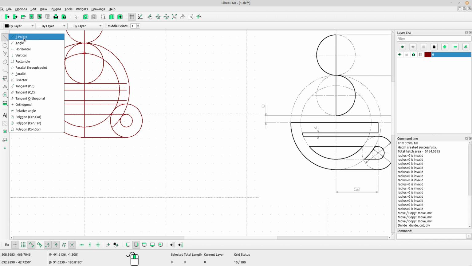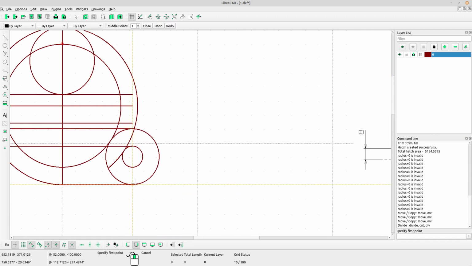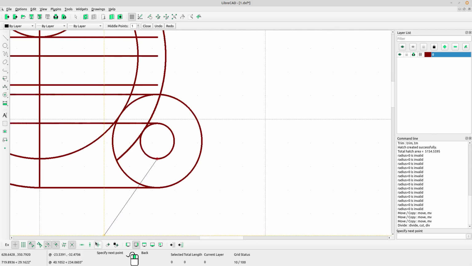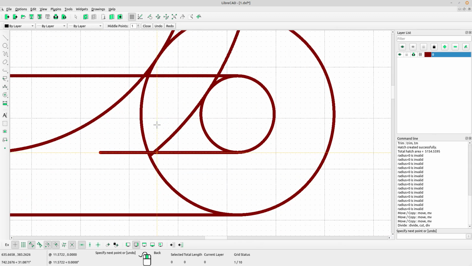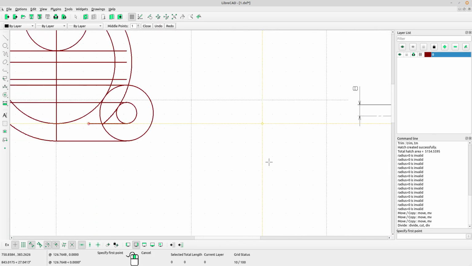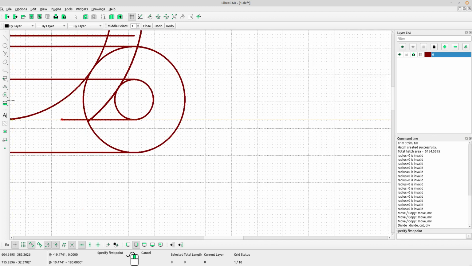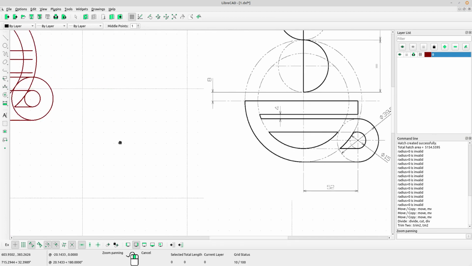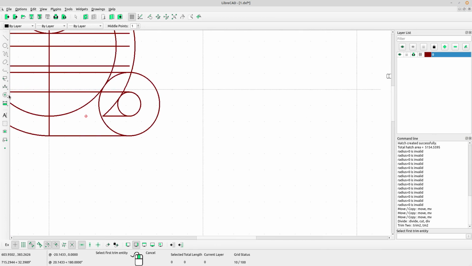Use 2 points. Left click and activate the restrict horizontal and create the line. Right click to escape. Okay, next, use trim tool. Left click. Okay,